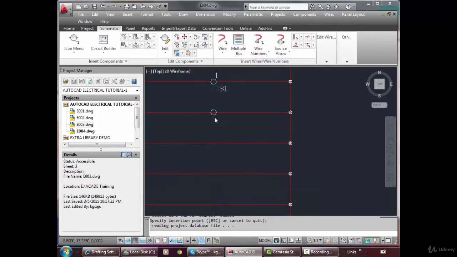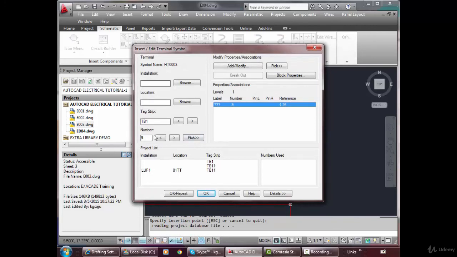If I put one more, TB1, it is coming as 9 because we have used TB1 till 8 in this project. The number till 8 has been used somewhere in the project, that is why it is already counting as 9.